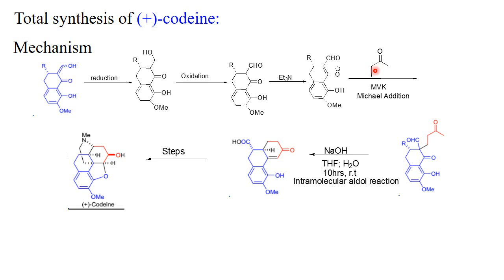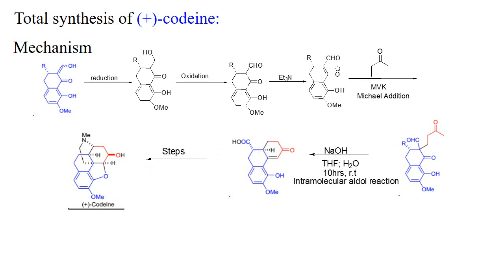See this one, this is a 1,3-dicarbonyl compound. Here is a carbonyl group and here is a carbonyl group. Due to these two carbonyl groups, the protons attached to the alpha carbon are more acidic and easily abstracted by a base. So upon reaction with the base, this 1,3-dicarbonyl compound is converted to the enolate. See over here, this is the enolate. The proton is abstracted over here, this bond moves over here, and this is converted to the enolate.